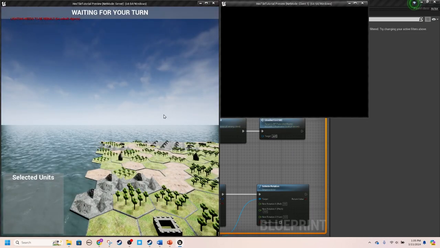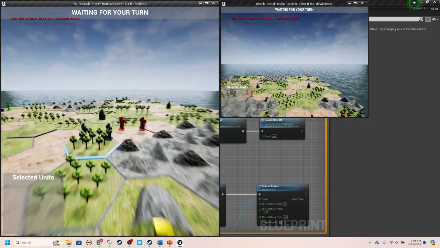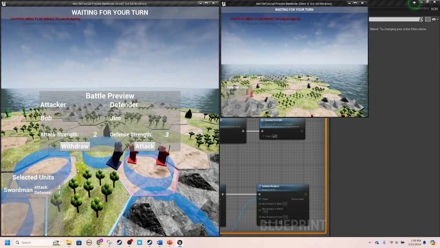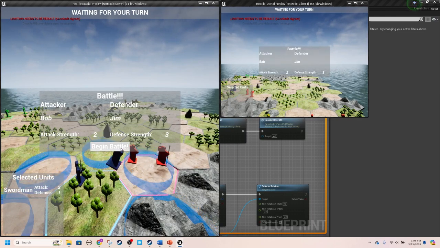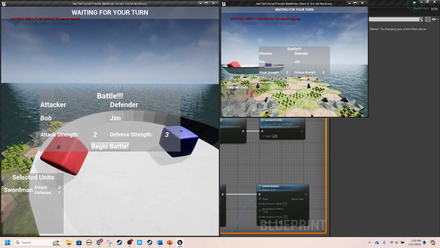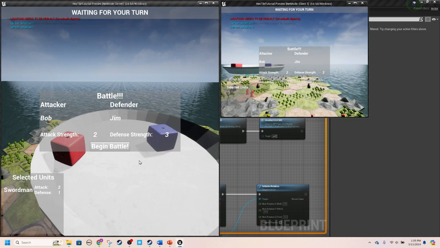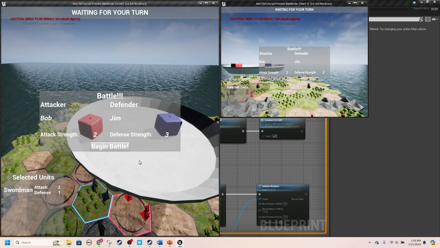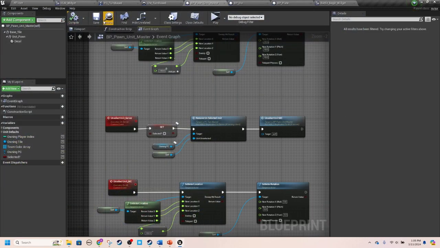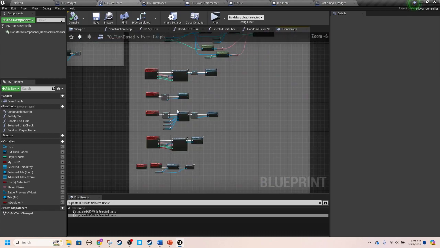So now let's test this again. Grab him. Now we can't do anything else until we come out of this. Then we can attack and begin the battle, and then we'll build off of this, and what this will do is then we'll unset that variable after the battle resolution is done. Cool. Another thing I want to clean up quick is